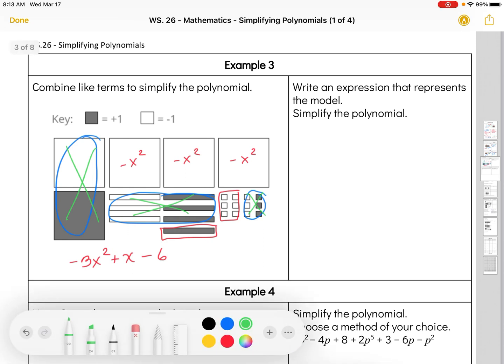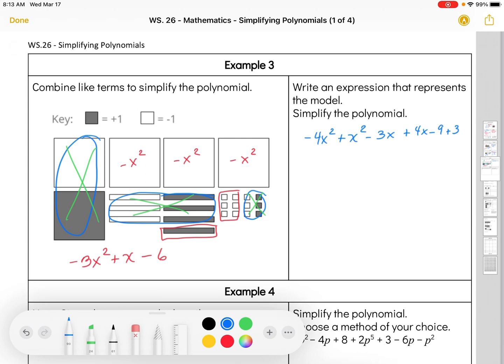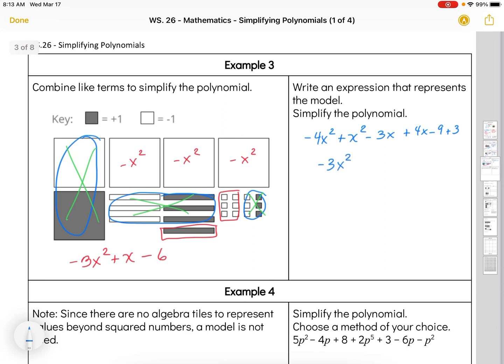All right, let's look over here. If we write this out in total, I have negative 4x squared plus x squared. That's my big x squared blocks. I have negative 3x plus 4x, and then I have negative 9 plus 3. Okay, so let's combine those like terms. Negative 4x squared plus x squared gives me negative 3x squared. Negative 3x plus 4x gives me x, and negative 9 plus 3 gives me,